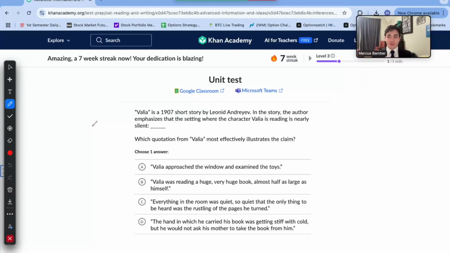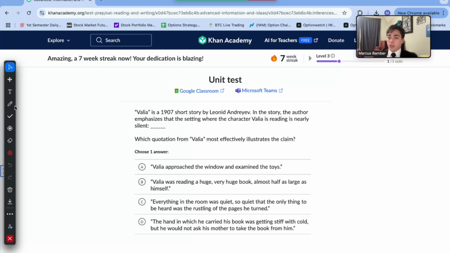Today we have a brand new topic that we're going to be reviewing. In fact, this is the first time I've done an SAT reading video. Today we're going to be reviewing the unit test for advanced information and ideas inside of Khan Academy's digital SAT reading practice. So we have 10 questions here. We're going to be going over the thought process of how you can solve each one of these, starting with